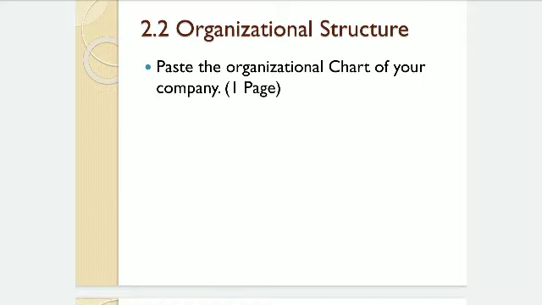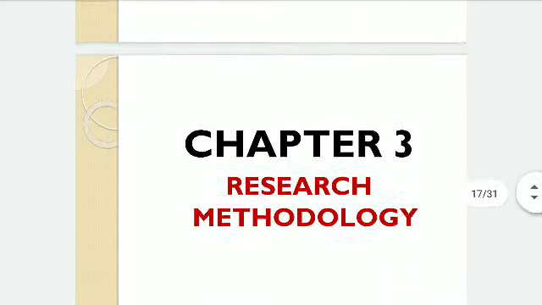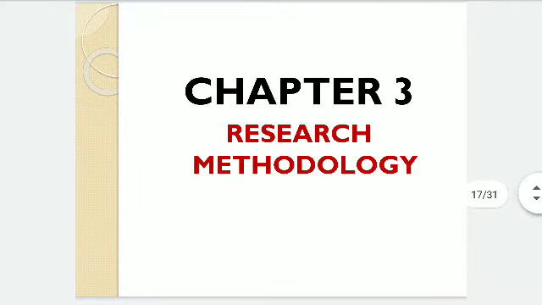Of organization chart will be there, so you have to display that organization chart. That is the end of chapter number 2. So chapter number 3 is very important, which is research methodology. For this you need to again consider or read the various concepts from Business Research Methods, that is BRM, unit number 1, 2, 3, 4, 5, all. So it will incorporate you very easily.